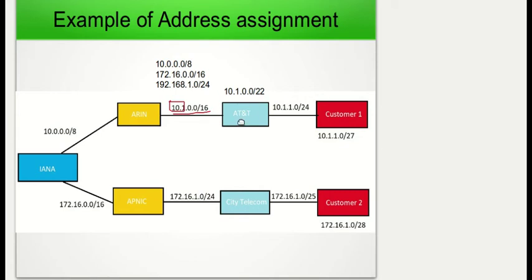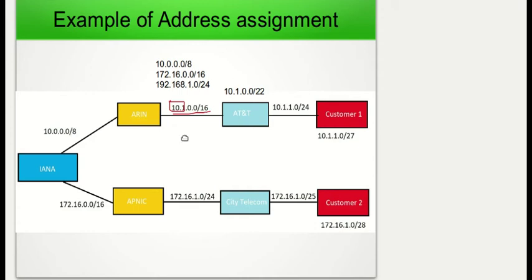And every customer that joins AT&T for the internet connection, their global IP addresses would begin with 10.1. So instead of City Telecom having a route to all the customers that connect to AT&T, imagine AT&T is a very large ISP. It's got a Class A block, and it's got 1,000 customers which connect to it. Instead of City Telecom having 1,000 routes, one for each customer that connects to AT&T,